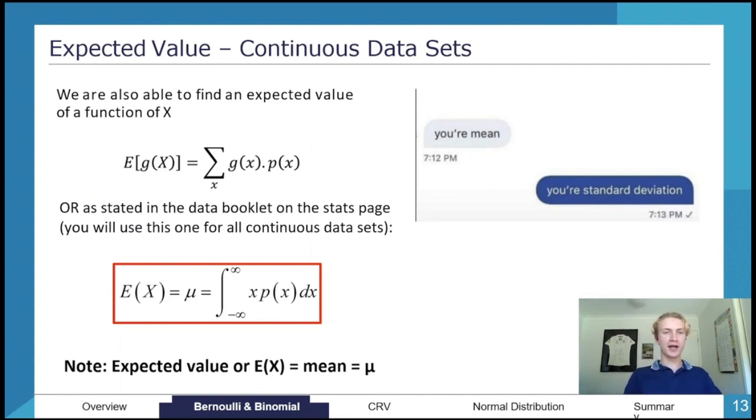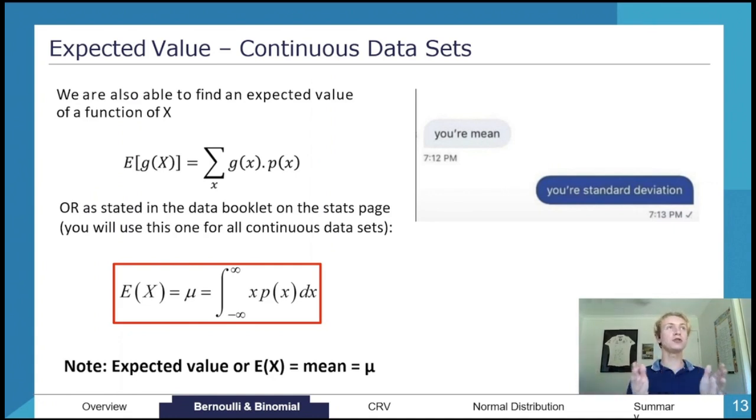So let's say we have heights of males or females, and we were trying to find the probability that the height of a randomly selected student will be between